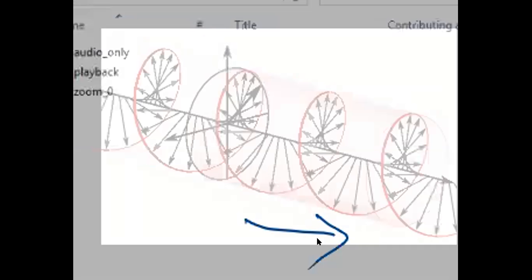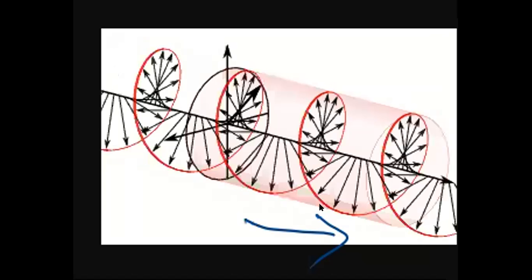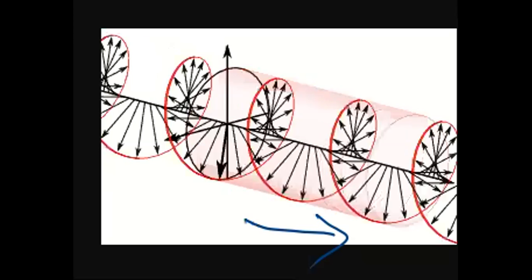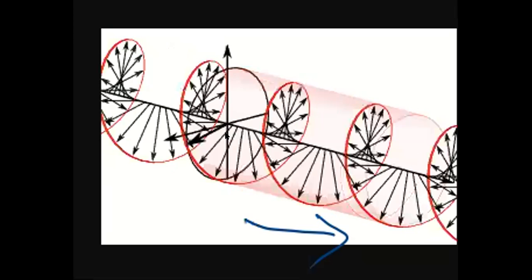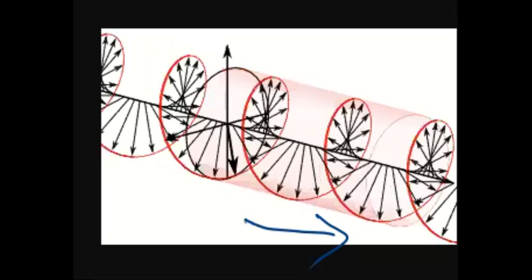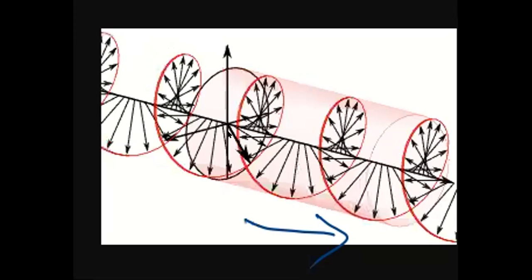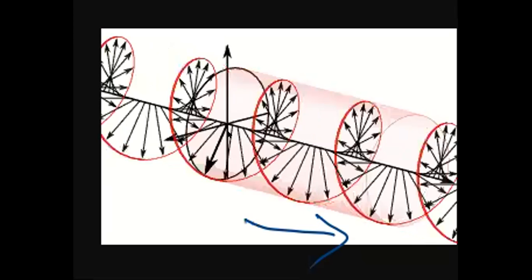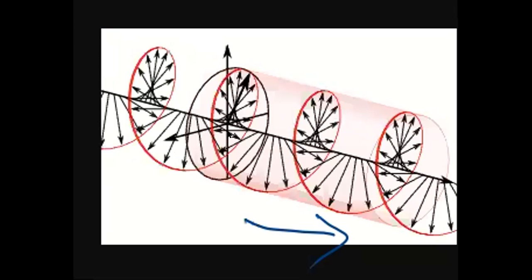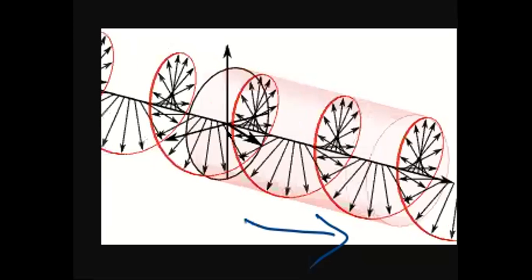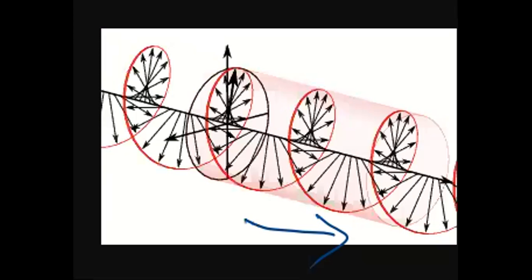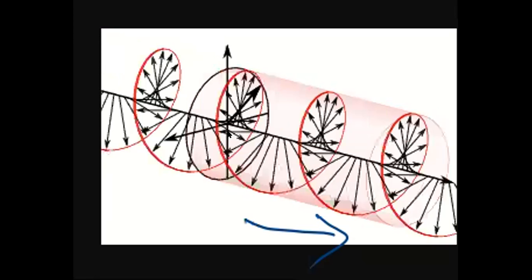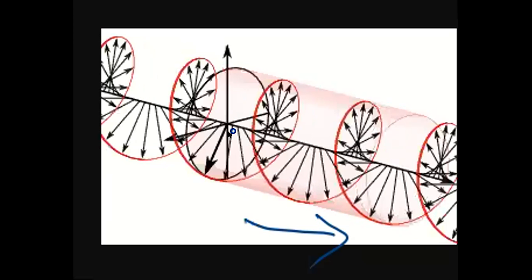Whether that follows the right-hand coordinate system. You concentrate on the direction in which the vector is rotating. If you see here, there is one arrow mark that is rotating like this. You don't worry about X, Y, Z and all. Keep your fingers in the direction of rotation of that vector, with your right hand, then in which direction is the wave going? Is it following the right hand or left hand? Please tell me quickly.